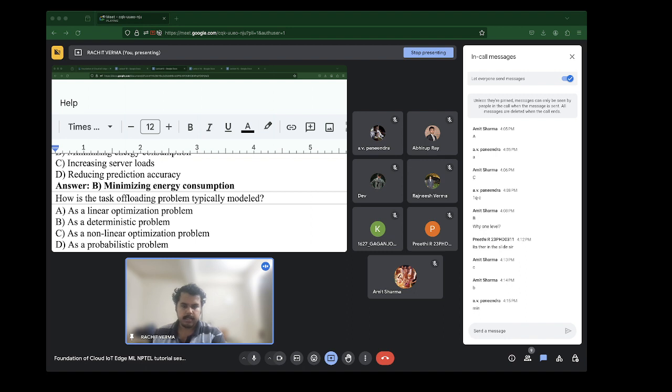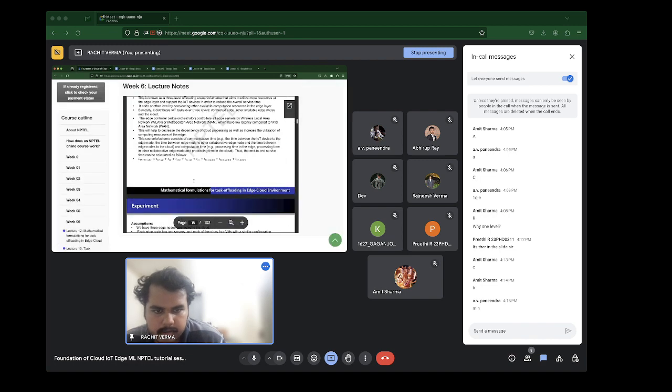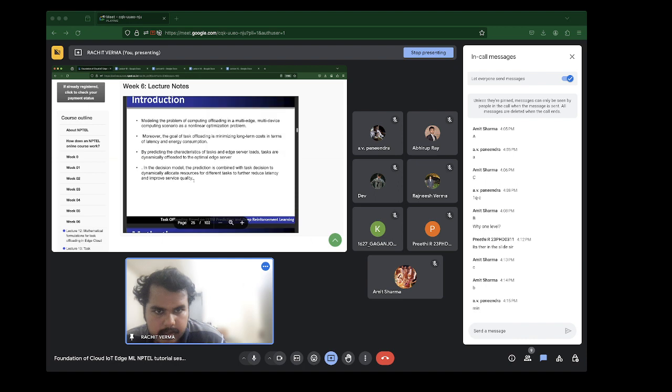Okay, so it's modeled as a non-linear optimization problem, as was discussed in the notes. Let's take a look. From what you remember, computation offloading in a multi-edge multi-device computing scenario is modeled as a non-linear optimization problem.